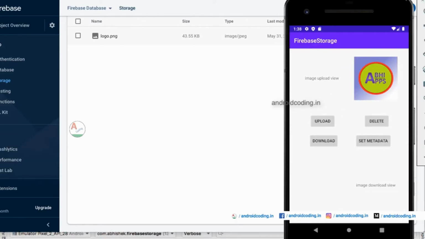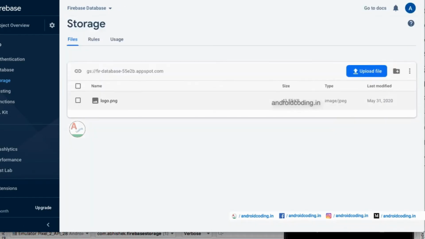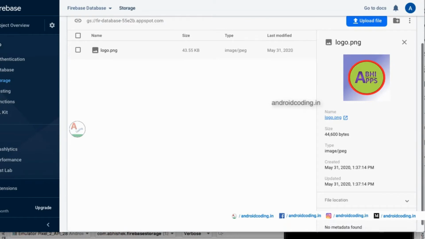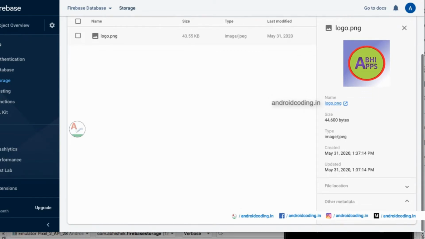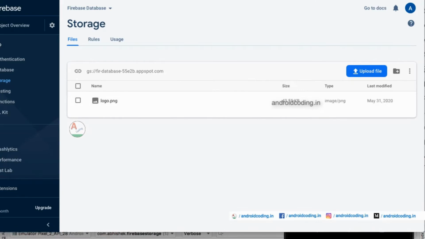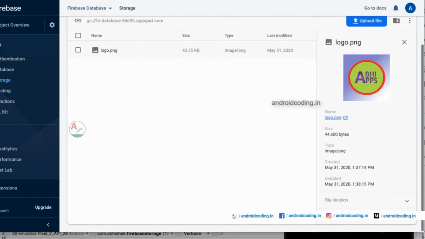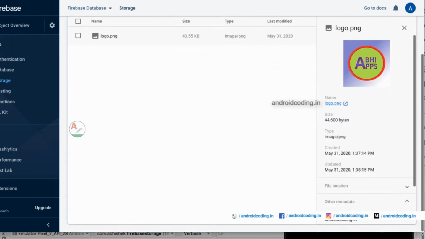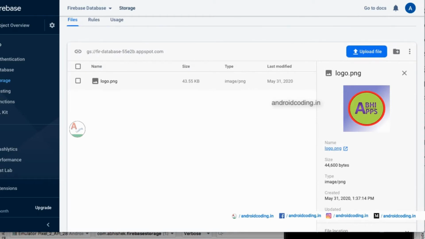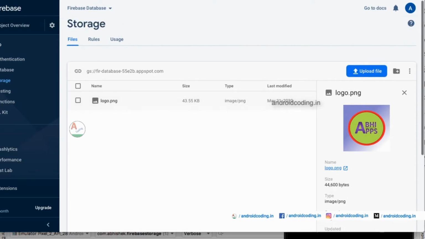Set metadata. So yes, our metadata is also updated. You just need to refresh the view and try to see. It's not loaded, right? So you need to refresh the view. Actually, sometimes the data will not be loaded. Don't worry, you just need to refresh the view, that's all. Here you can see our metadata is loaded, website androidcoding.in. Whenever the data is not loading, you need not think that it's not loaded. You just need to refresh the database and check again. It will surely get loaded.